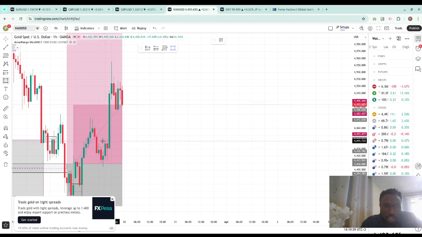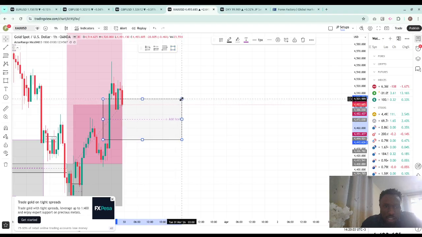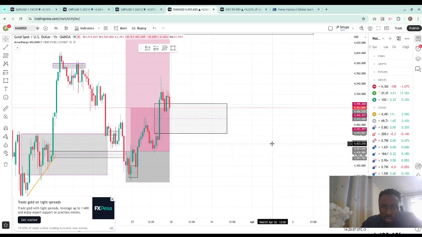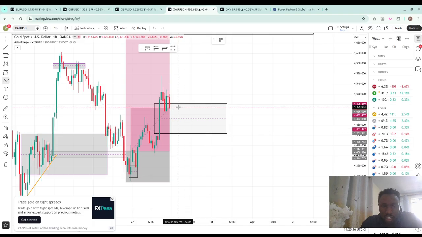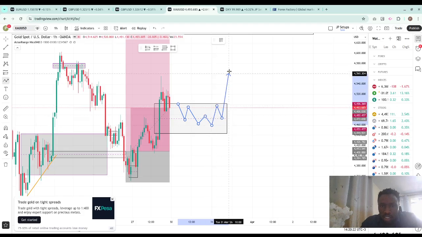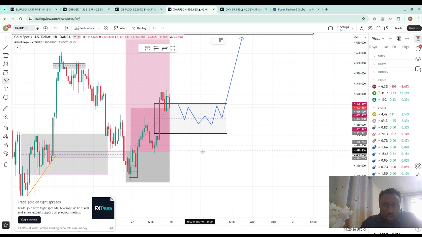So I'm really interested to see if it will close above this, you see. So I really need to see how it's behaving there. If it closes below, we might have something like this on gold. We either have something like this, maybe something like this, and then that way, or another scenario would be